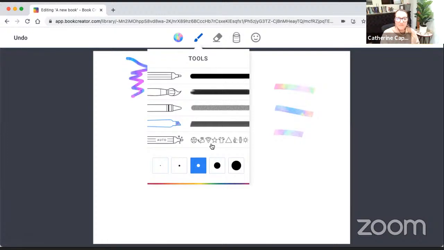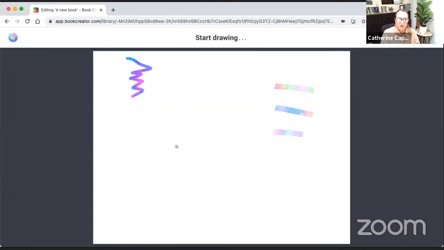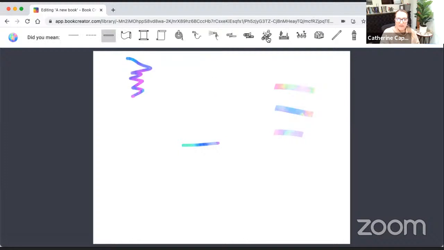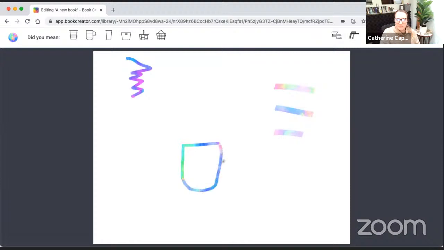Then we also have Auto Draw. So if I click on Auto Draw right here, this is Google Auto Draw, and we're actually the only app that has it. If I was to draw, let's say, a cup of coffee, I want you to just watch up here, and it's going to try guessing what I'm drawing. And there it is. It's guessing that I'm drawing coffee.